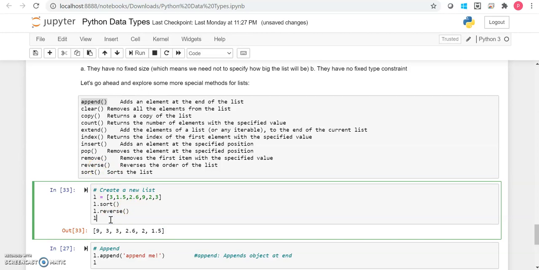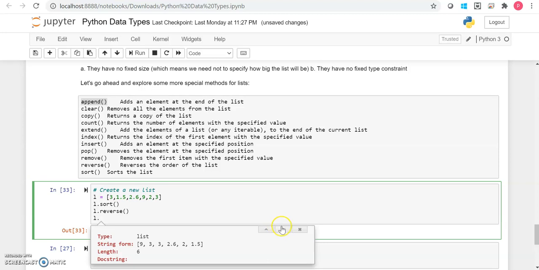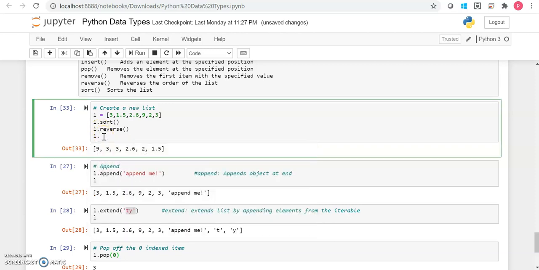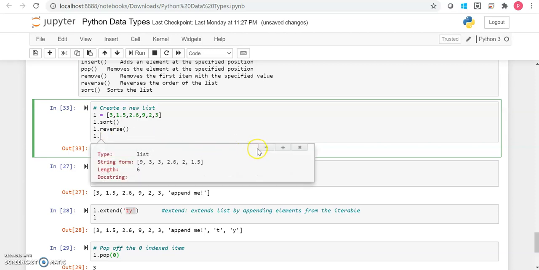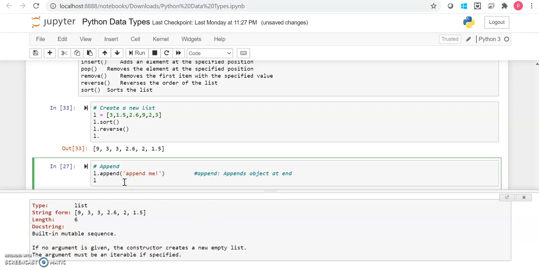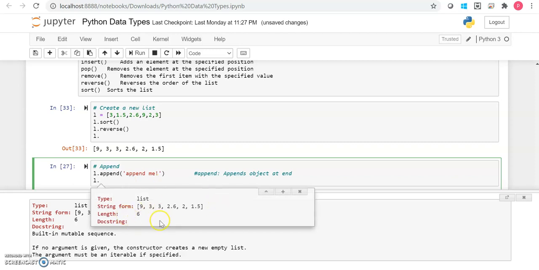And one more important thing, guys, you can do anything in this Jupyter notebook. It's very helpful. You can just press shift and tab and you will get all the definitions, everything. You just don't need to remember anything. Don't try to cram anything or write anything. You will get each and everything here. Here you just have to press shift plus tab. So here, it's a list. Obviously we know that it's a list. What is the form? And length is a built-in function. So it will give you each and everything about this.